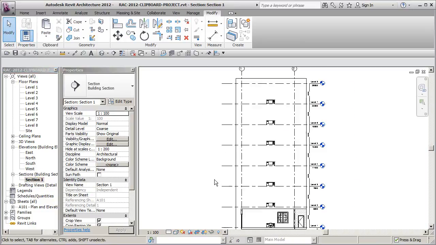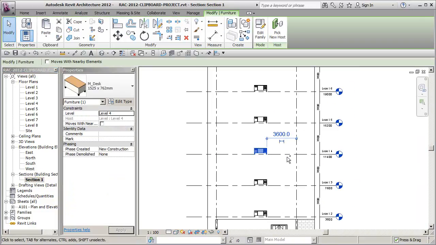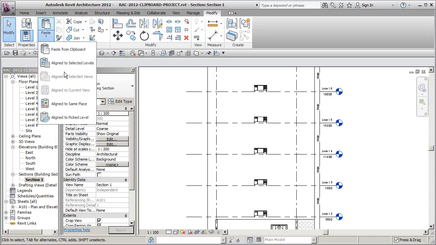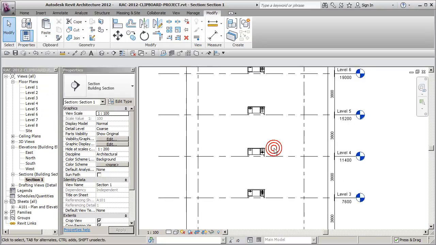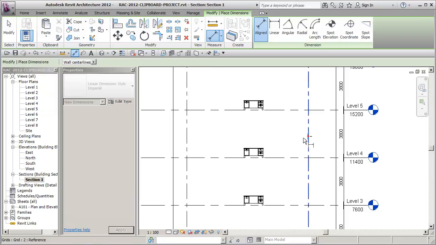Okay? If I'm in a sectional view over here, and I try to take this guy and go Control C, that's a model object in a sectional view, and I click out and I go up to paste. Oh, not even available, simply because why? It's just a model object. It's not a view specific object. It doesn't come in there. But if for some strange reason I had a dimension that went from this grid line to the center of that desk,